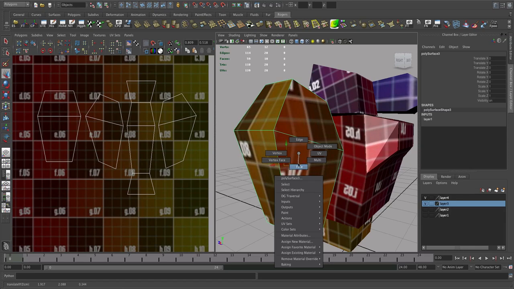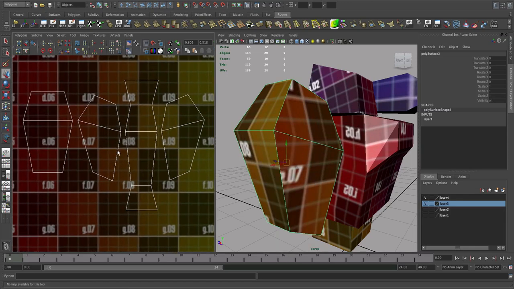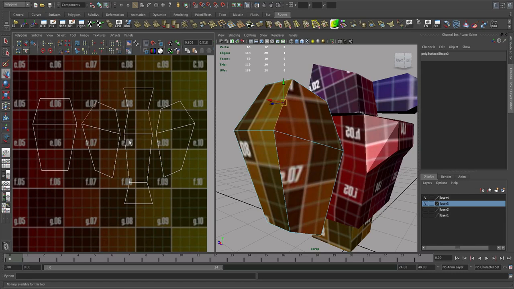So what I can do is select that side. I'm going to come into the UV editor. I'm going to right click on it and say edge, and I'm just going to select this edge. And you can see that when I select it, it shows where it's being shared, and that edge is obviously being shared there because it's been highlighted. If I select this one, it's been shared there. So what I'm going to do is I'm going to move these so that I can make better sense of this. So if I say move UV shell,